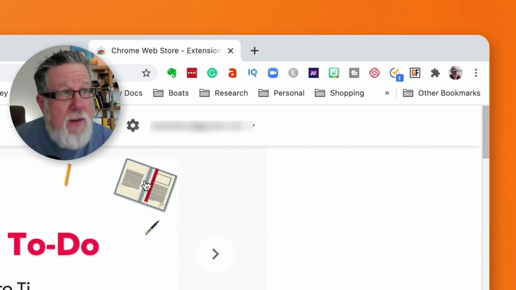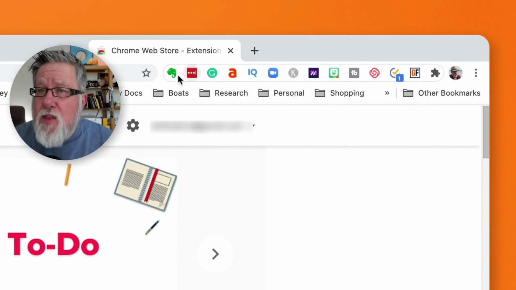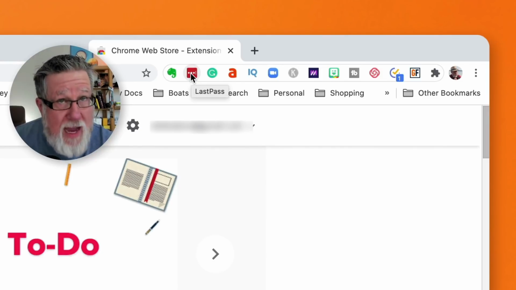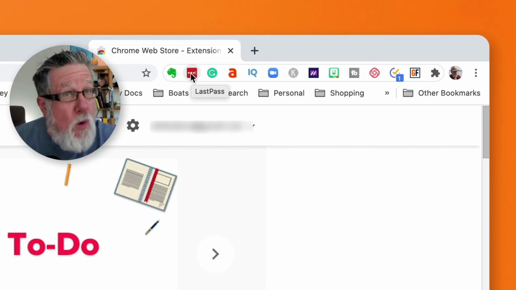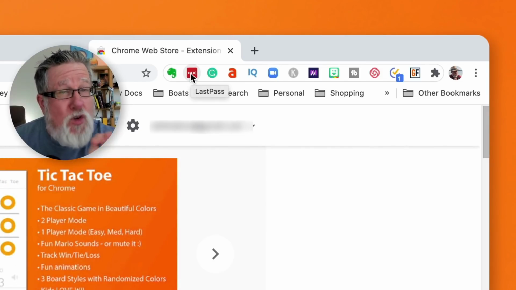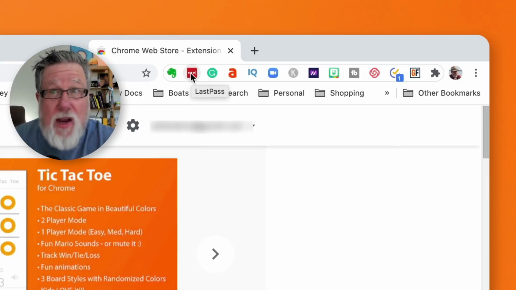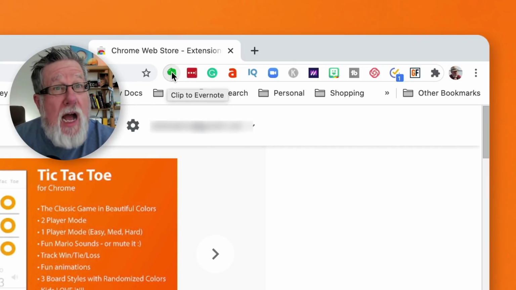And that can, in my case, the ones that I use the most and are most popular, I'm going to just head back to Chrome here, are things like LastPass, which is my password manager, which is always available, but only when I log in. I only use it for a very short period of time every day if I'm logging into a brand new account. A tool like Evernote.